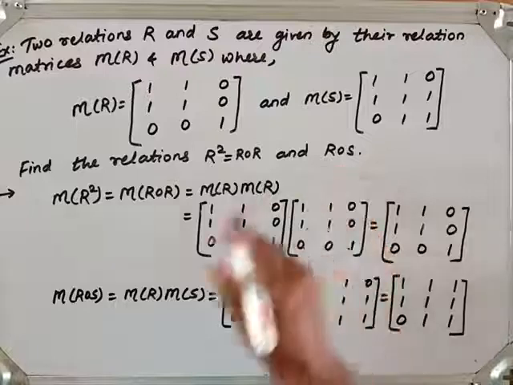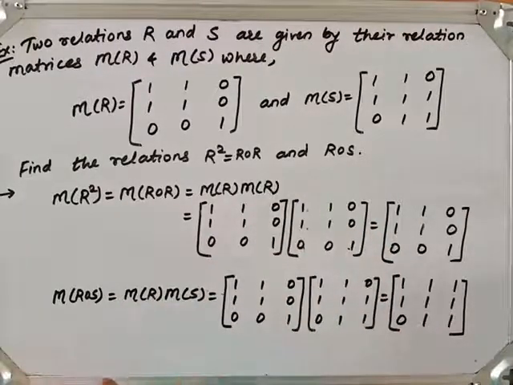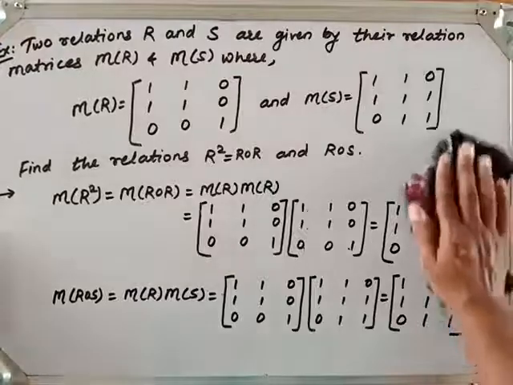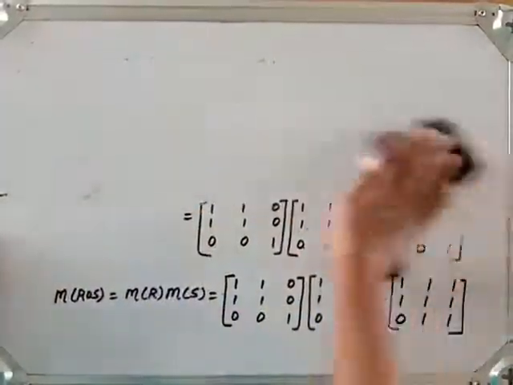Now let us go for the next topic, that is the transitive closure. Sometimes a relation is given on a set A, and the transitive closure is the smallest relation on A which is a transitive relation. Sometimes we are unable to find that smallest transitive relation directly, so it can be obtained using Warshall's algorithm. The mathematician Warshall has given an algorithm for that, and the transitive closure is denoted by R star.